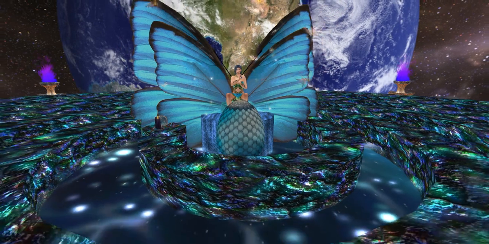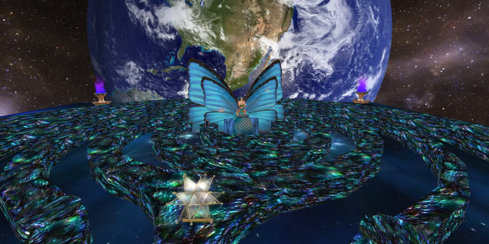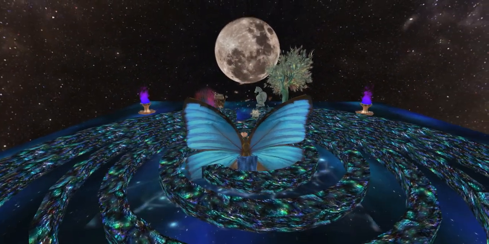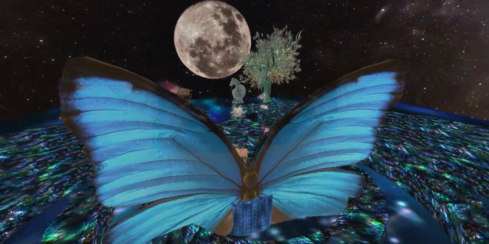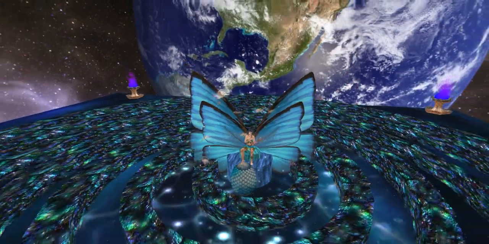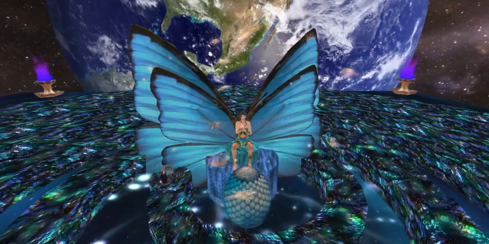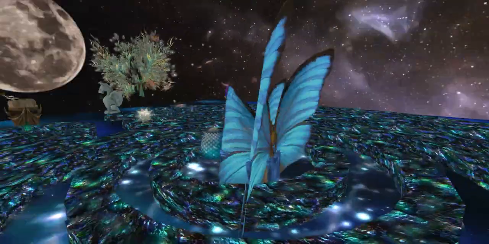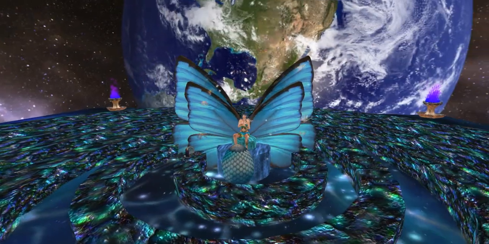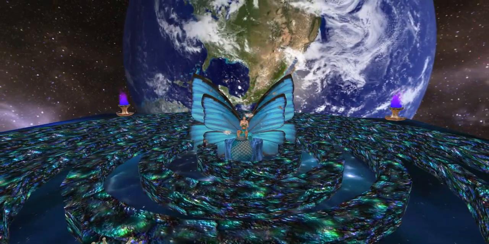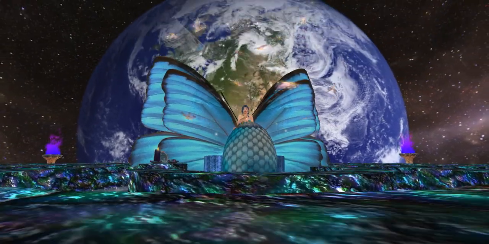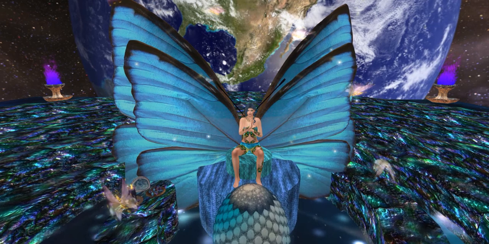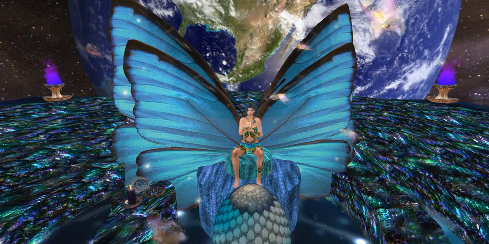Then, of course, we have the Earth behind us and the Moon in front of us. For this particular scenario, kind of a balanced state, yin-yang. Well, Sun, Moon would be yin-yang, but the Earth is our mother, so we're putting her on the other side of the Moon here. Obviously, the Sun is a major player, but I have no place for him in this particular scenario. So this is our setup,